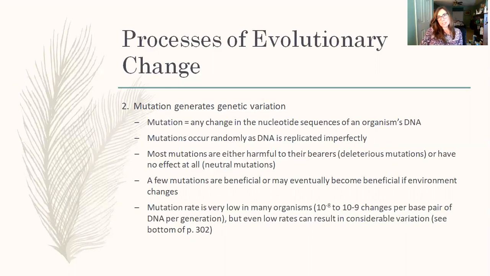The mutation rate in organisms is really low, and I have it listed there on the screen, but even low rates can add up because the number of base pairs in an organism's normal genetic makeup of a particular cell is in the billions. So even if the rate is very low, every time an organism makes a gamete, at least in humans, the chances are it will have about 3 new mutations that weren't corrected by proofreading or mismatch repair.